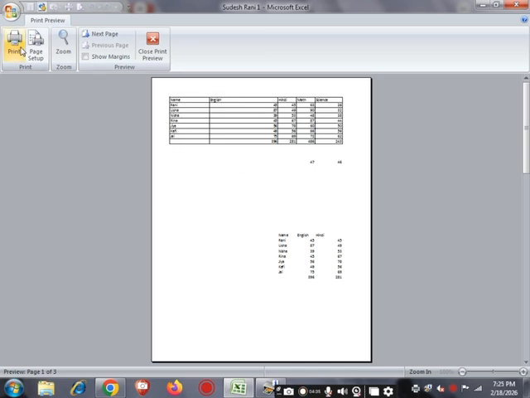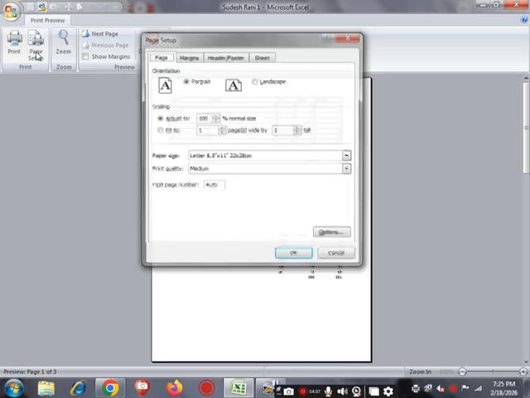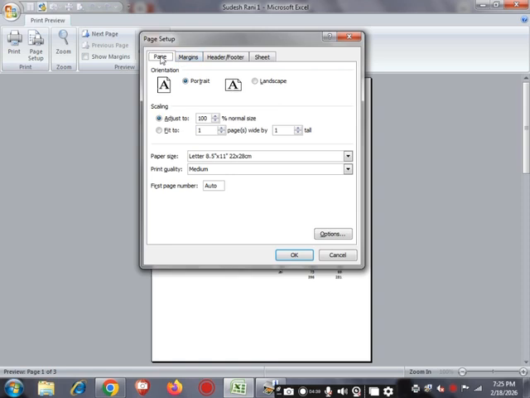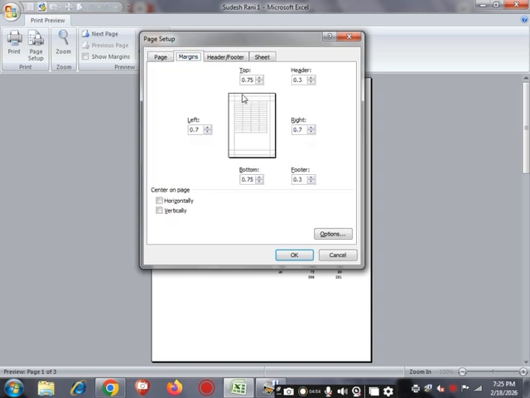The next is the preview option. See this, when we click on it, this dialog box will open, and see all these options, paper size, quality, first page, all of which we have discussed in great detail. Next is the margins. See these options, how we can set the margins of our printed selected document. These are the header, footer, all these things.